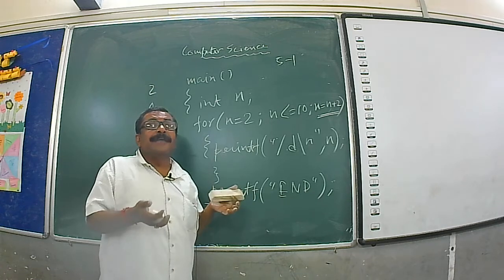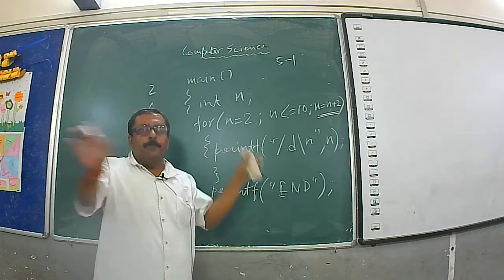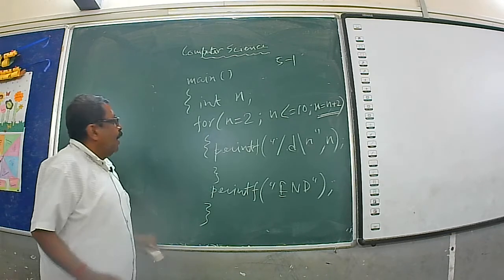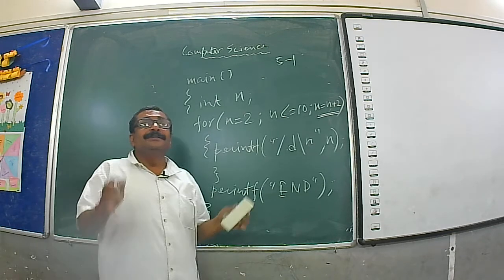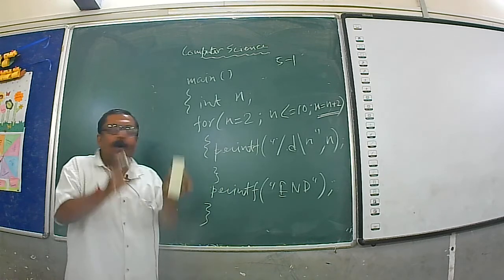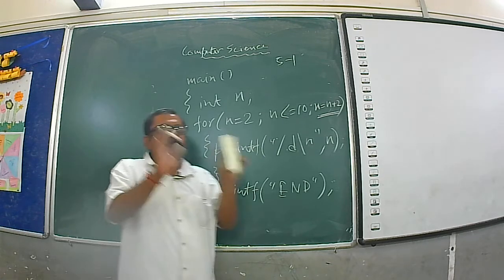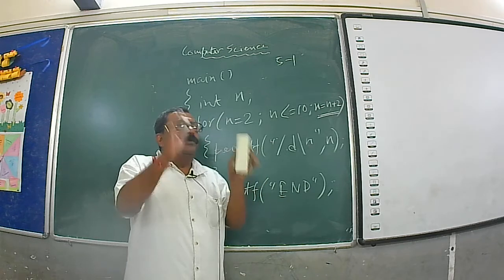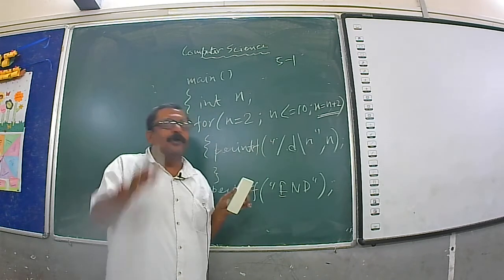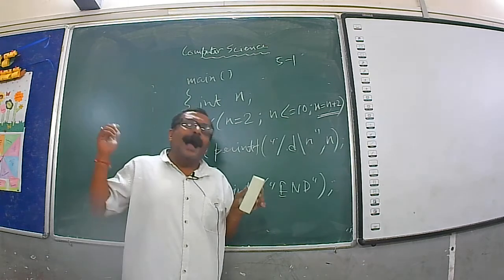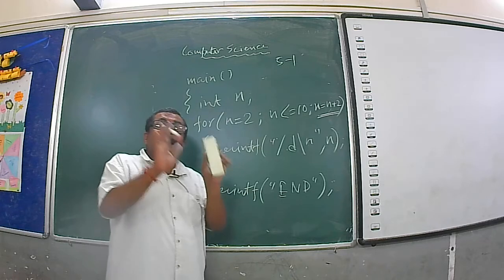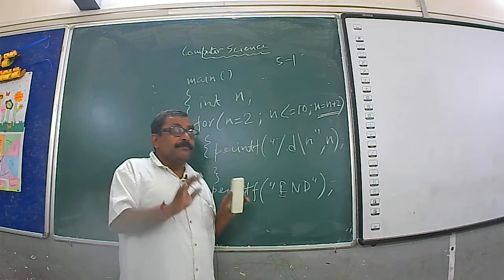How many programs can be formed by using for loop? A lot of programs. For example, write a program to print the table of any number. Table means I want to go for only output. It means if the user enters 5, then we will get the output of the table of 5. Not in table format, only 5, 10, 15, 20, up to 50. This thing is possible, as well as table format is also possible. How to do it?